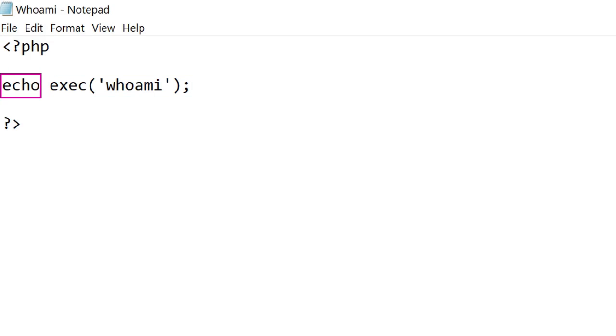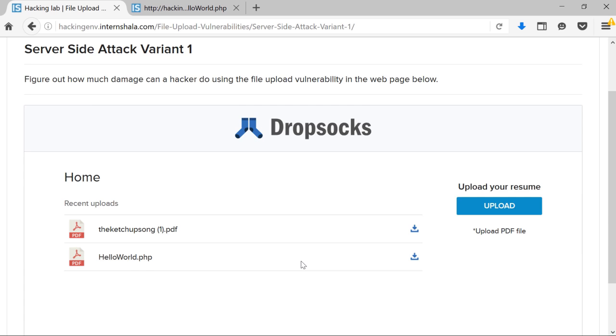Now, just like the echo function prints any value that is passed inside it, similarly, the exec function in PHP is used to execute Windows or Linux commands directly and print the response. While the whoami command is used to show the current user like administrator, guest, root, etc. Now let's upload it and see if it works.